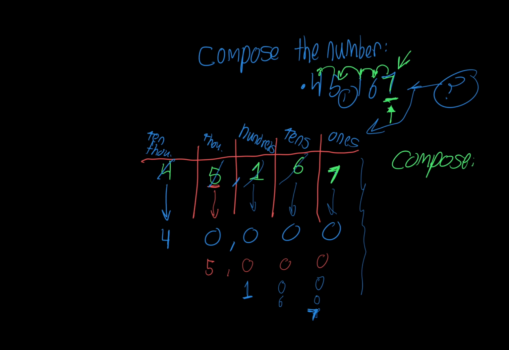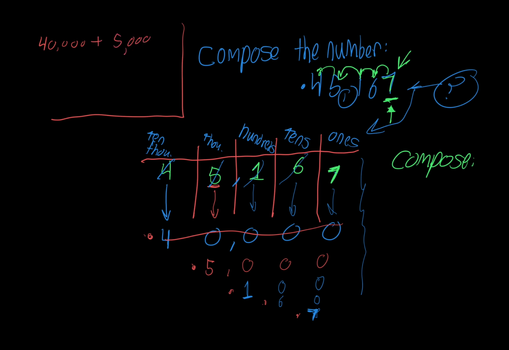Okay, after we're done, we pretty much have written down our numbers that are decomposed. We wrote 1 number, 2 numbers, 3 numbers, 4 numbers, 5 numbers, right? 40,000, 5,000, 100, 60, 7. So we're going to come here to write the answer. Okay, so we're going to do 40,000 because that was our first number, right? Cross it out. Plus